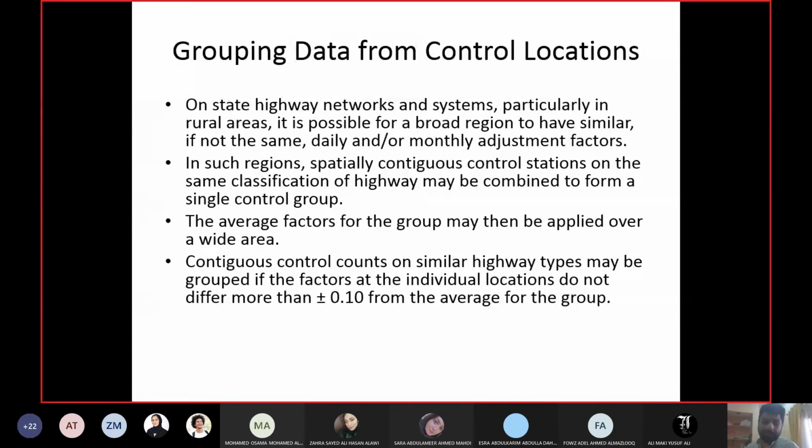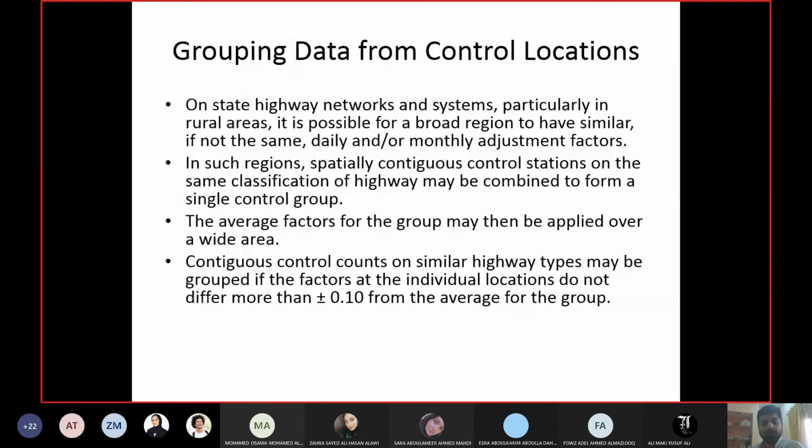Secondly, contiguous also means that the factors should also be similar to each other, the factors which you are combining. First of all, what do we mean by grouping or combining? If I have 10 values of Monday adjustment factor and I want to group them together, then I will use their average. Instead of using a single value each time, I will combine all the 10 values, calculate one average, and that one average will be used on all these 10 points, or any other connected point.